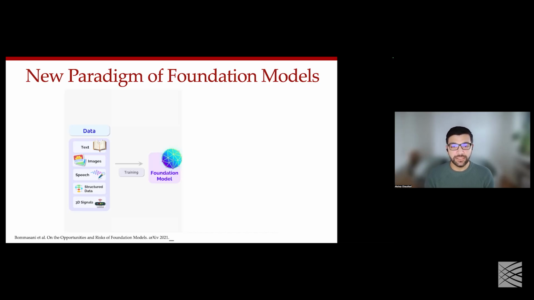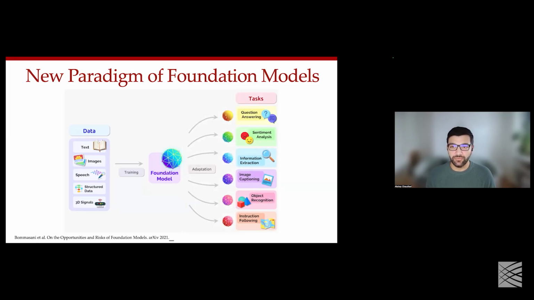And once we've trained this foundation model in a self-supervised manner, the benefit that this model provides is that the same monolithic model could actually be applied to a variety of different downstream tasks. And maybe this application could be in a zero-shot manner, which means that you don't need any examples of that particular task, or it could be in a few-shot manner, where you can adapt the model using one or two examples of the task that you're trying to perform.